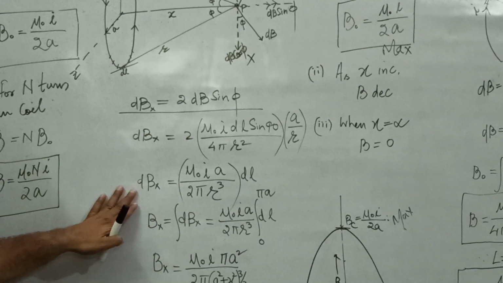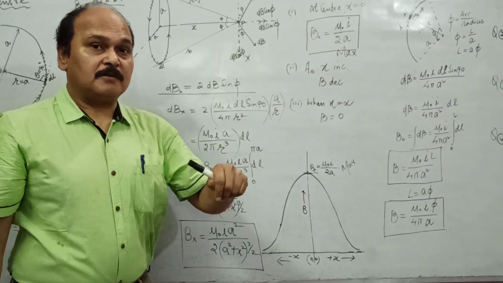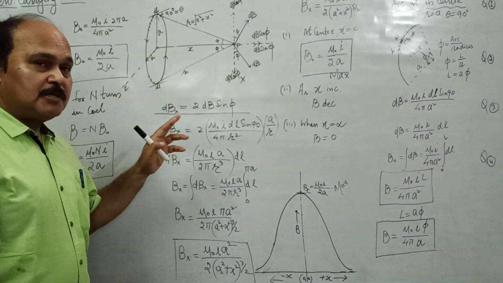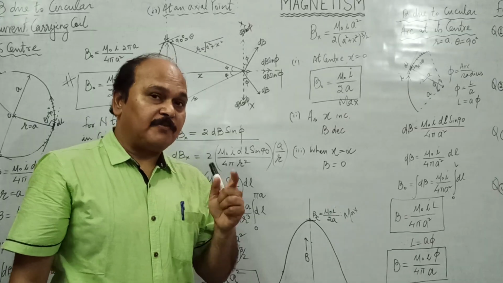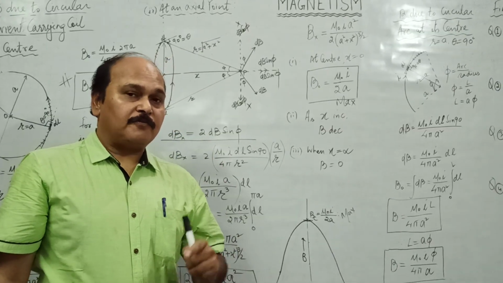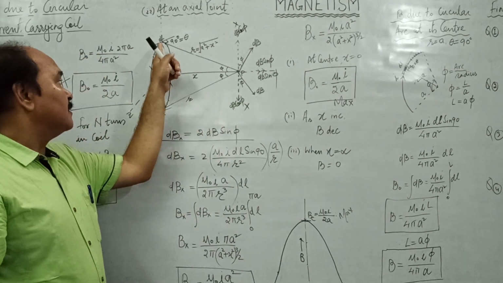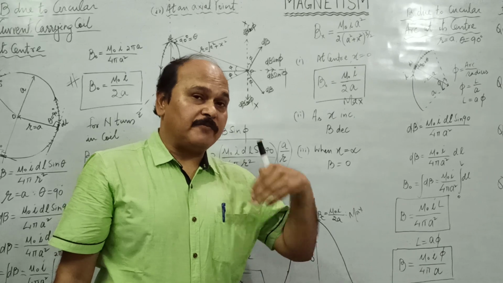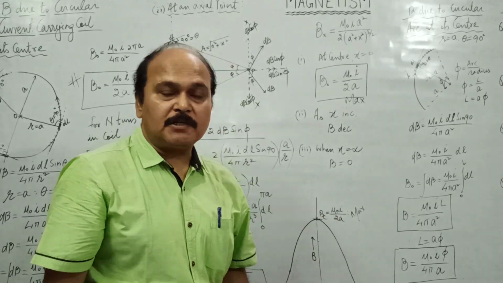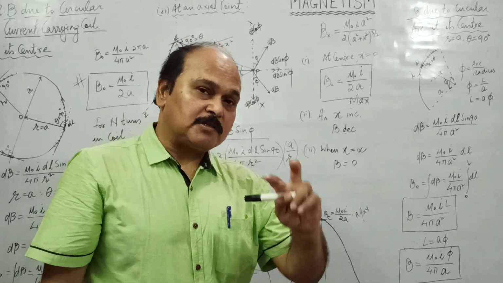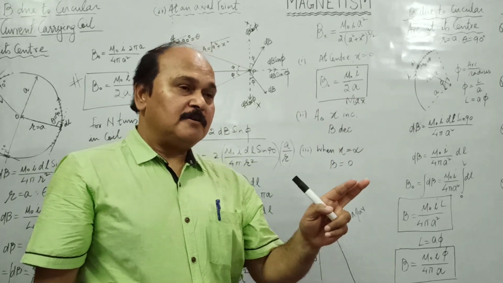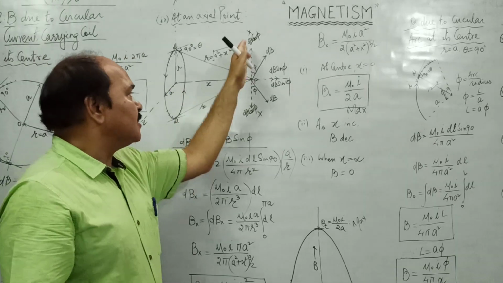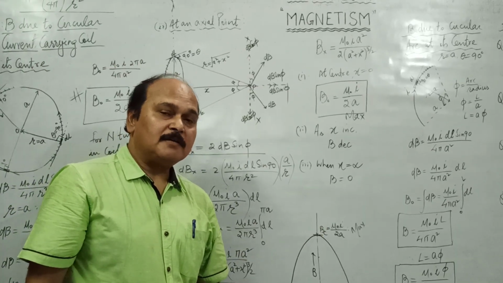Now we can integrate, because all dB sin phi components are parallel to each other. All these field vectors are parallel to each other. Because of a diametrically opposite current carrying element, the net field along y-axis is 0. Therefore, magnetic field because of every current carrying element along y-axis would be 0, because every current carrying element will have its diametrically opposite current carrying element. Because of a pair, net magnetic field is zero. Therefore, because of all current carrying elements, net magnetic field along y-axis would always be zero.